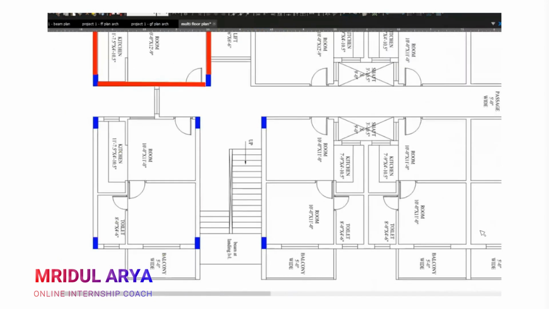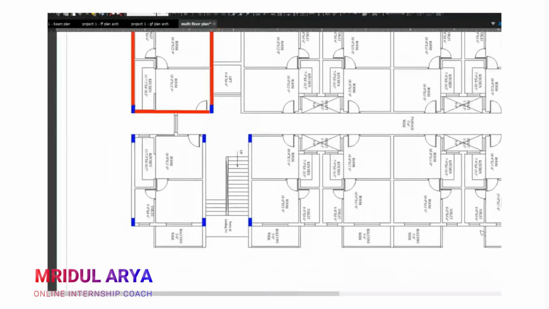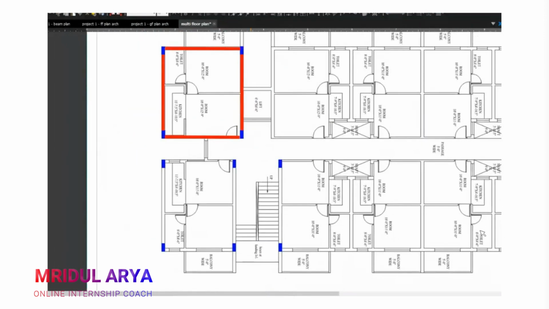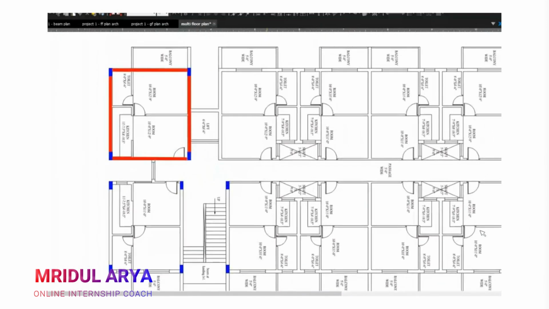Now you need to notice that if you have a portion for parking, my ground floor is totally open, okay, and it's not like I can provide columns everywhere, but what I will do is try to maintain a specific distance so that my cars can park at their place and they can move and rotate freely. Okay, that I really need to look at.